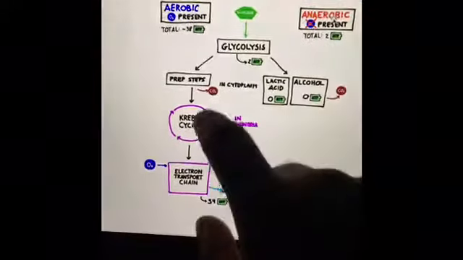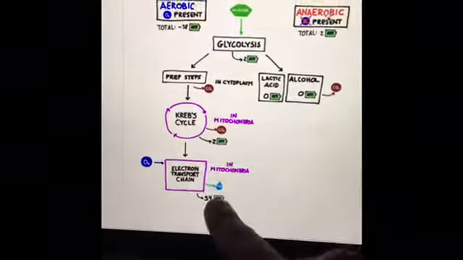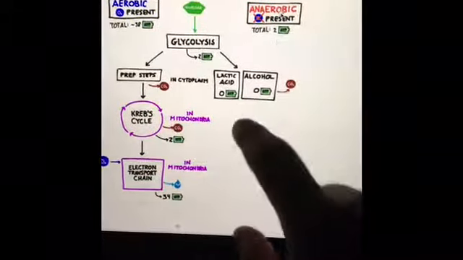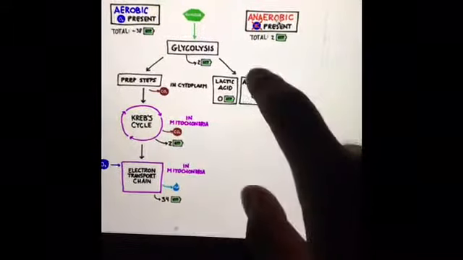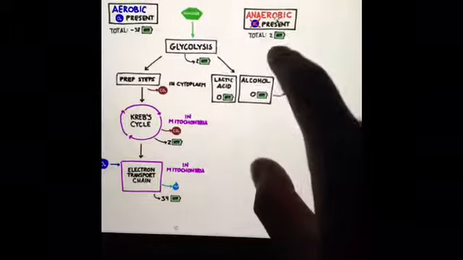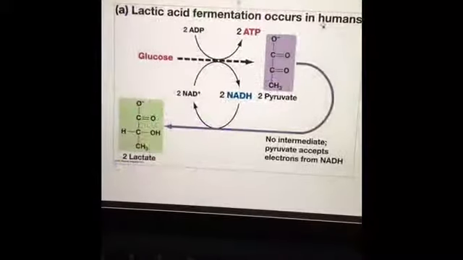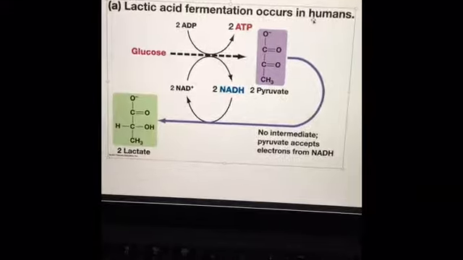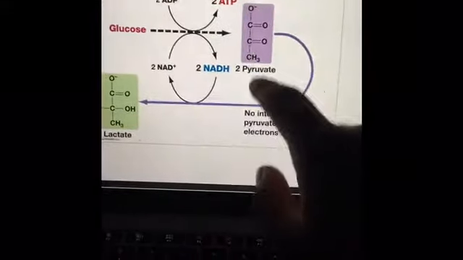When oxygen is present, we go through the Krebs cycle and electron transport chain, and we have a net yield of 34 ATP, and when oxygen is not present, we go through lactic acid and alcohol fermentation, which creates a total of 2 ATPs. So what happens in lactic acid fermentation is that we go through glycolysis, and we get